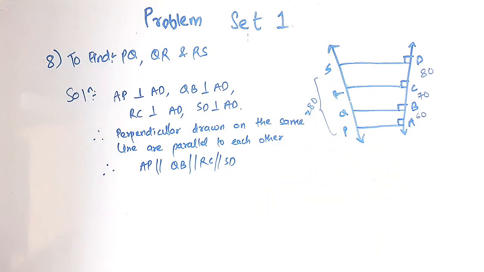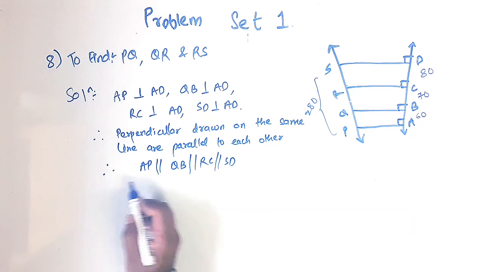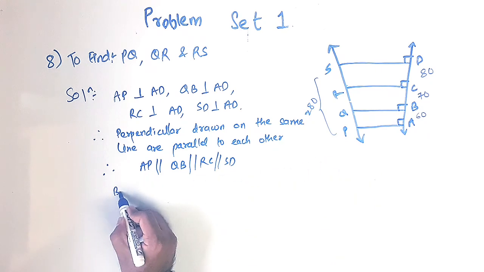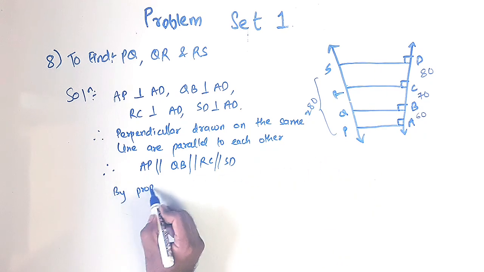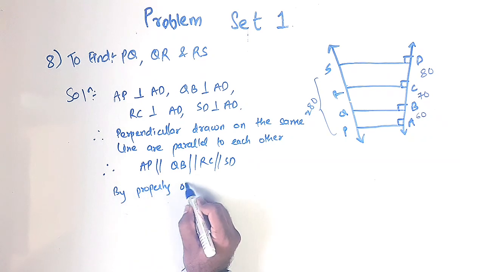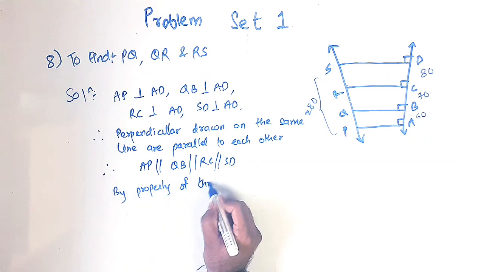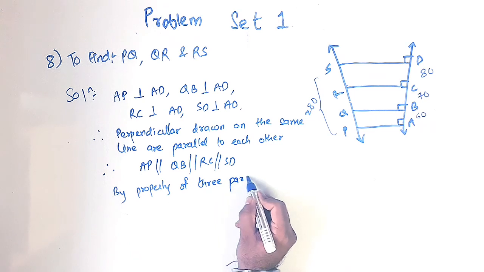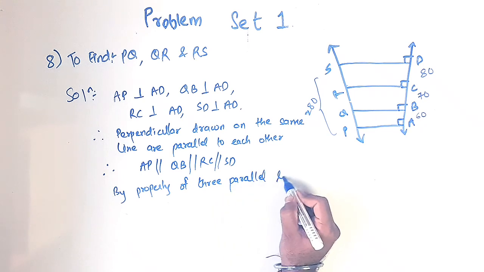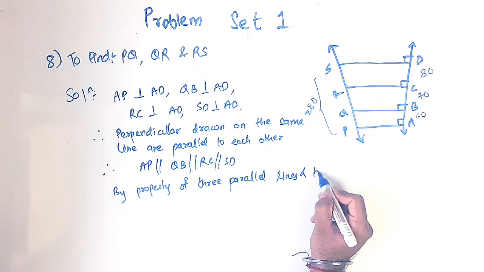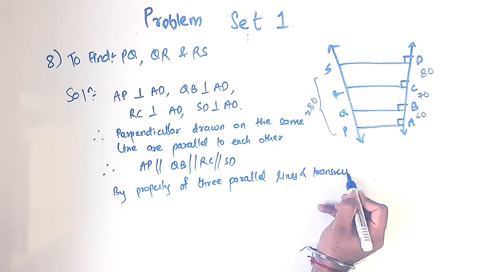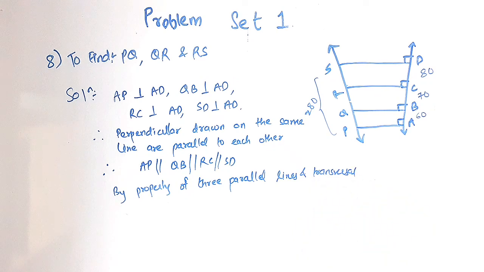So in that case, what you will do is, you will write by property of 3 parallel lines and transversal. The property of three parallel lines and transversal says that,